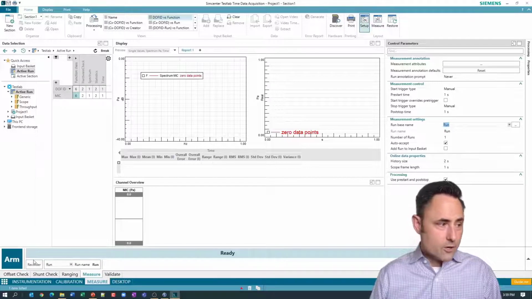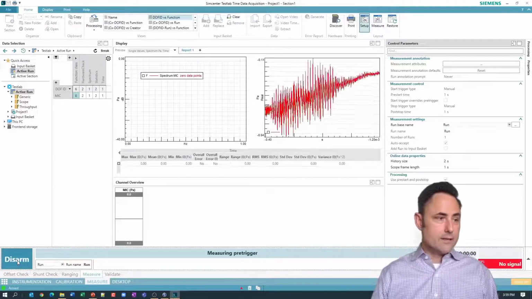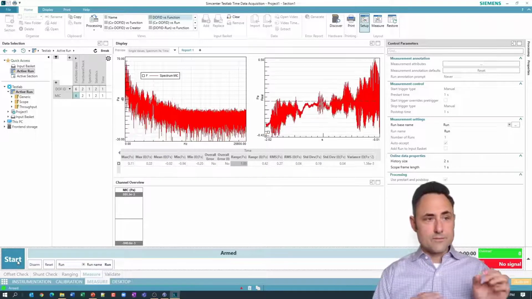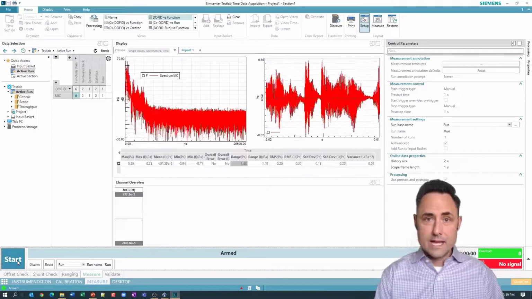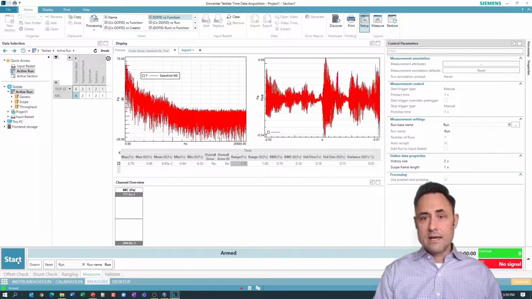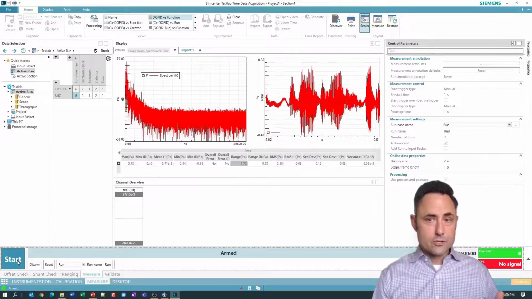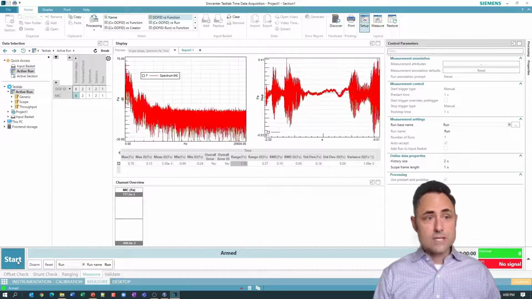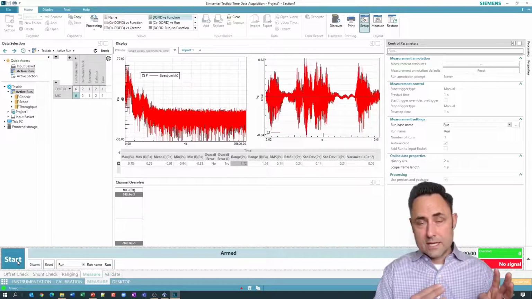Okay, and so I'll show you what it looks like in TestLab Neo. We have some pre-formatted live data displays for you. You see the time display on the right, as well as the narrowband frequency spectrum on the left. These are data that won't necessarily be saved.